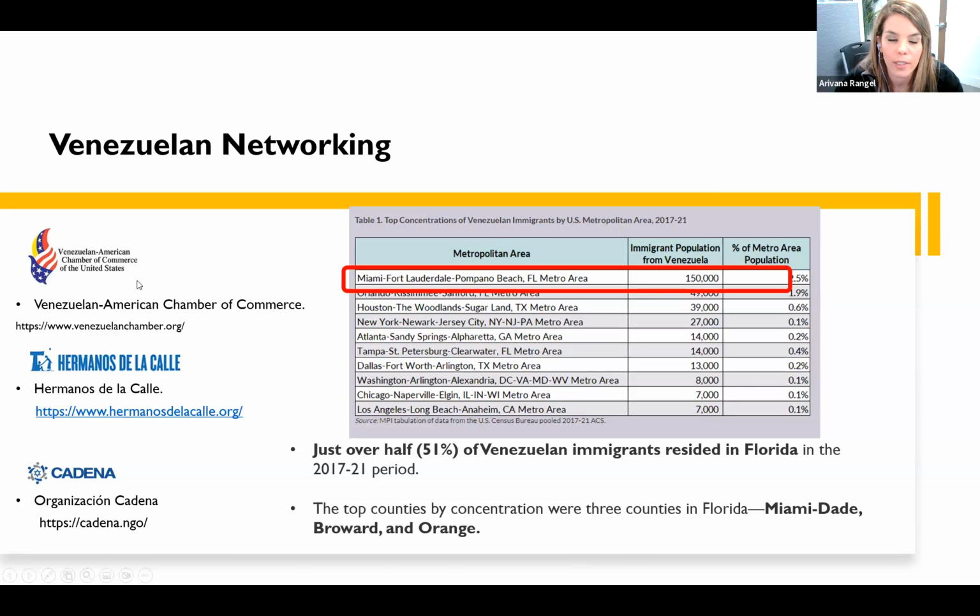So here are the three main organizations that you can get in touch with for Venezuelan networking, with Venezuelan migrants, with Venezuelan companies. The first is the Venezuelan American Chamber of Commerce. The second one is Hermanos de la Calle, an organization that, of course, gives help to Venezuelan immigrants. And also Cadena Organization, a Jewish organization that